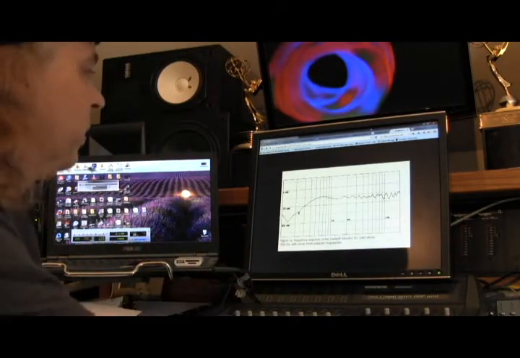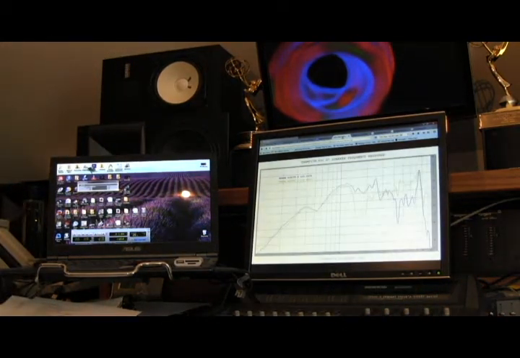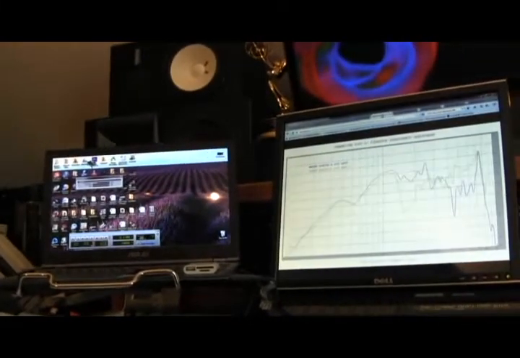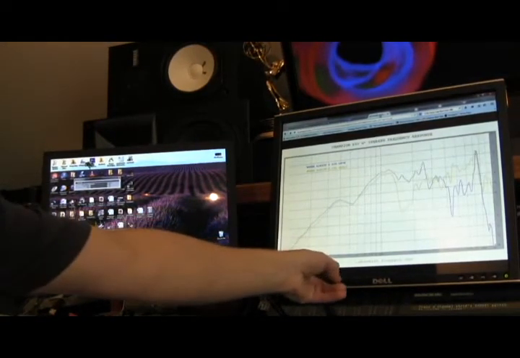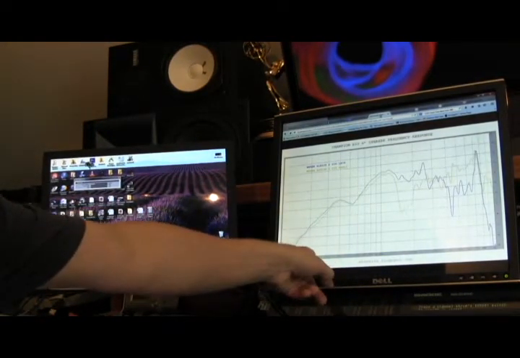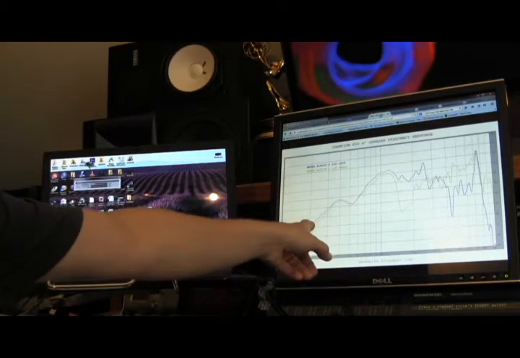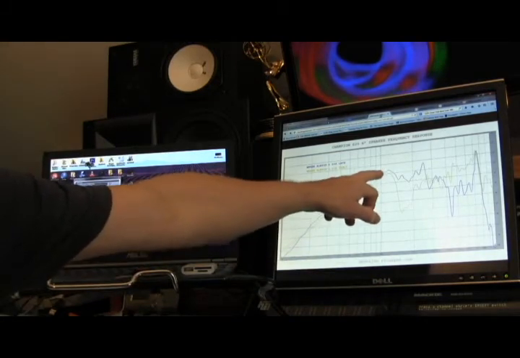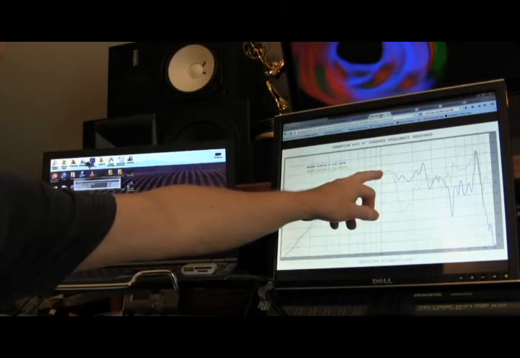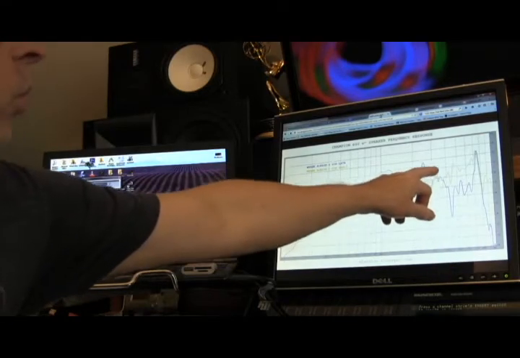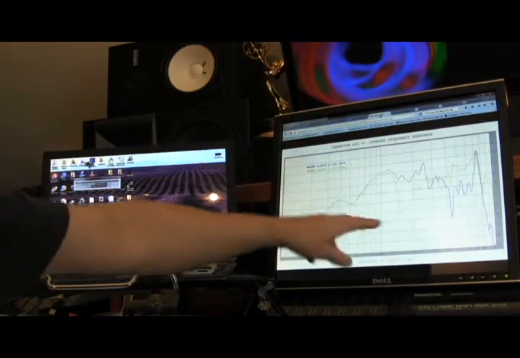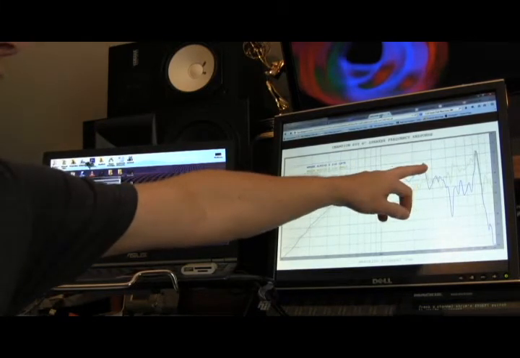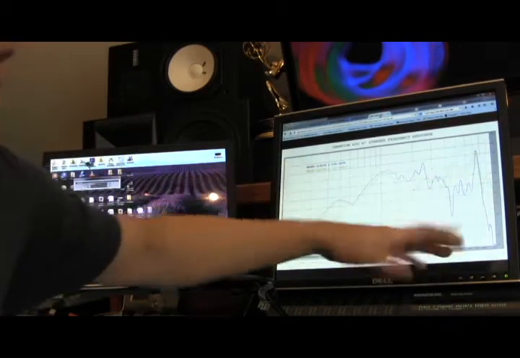Okay, here's the trick one. You ready? So check this graph out. I gotta get this up here to where you guys can maybe see this. Okay? Man, this by the way is 200 hertz, and it's already rolled off to practically nothing there, right? I mean, you don't actually get up to fairly normal here until you hit about 1K or 1,000 hertz. And then check this crazy graph out, man. We got a peak here at about 1,000. We got another peak up here at about 2,500, and yet another peak up here at about 7K,